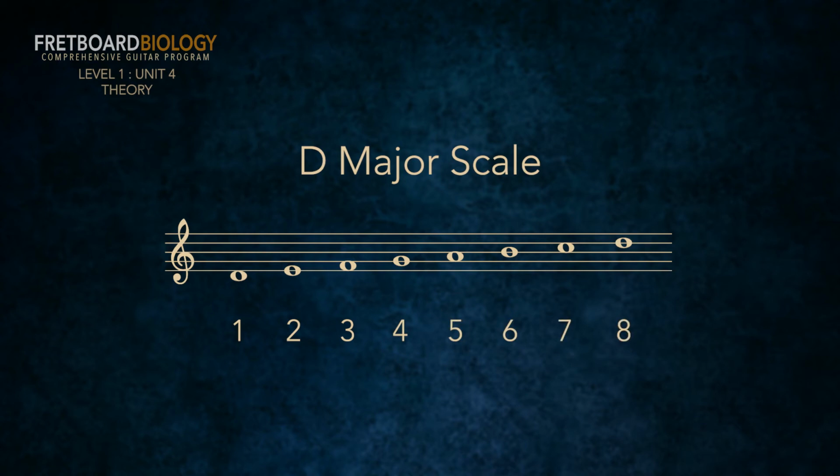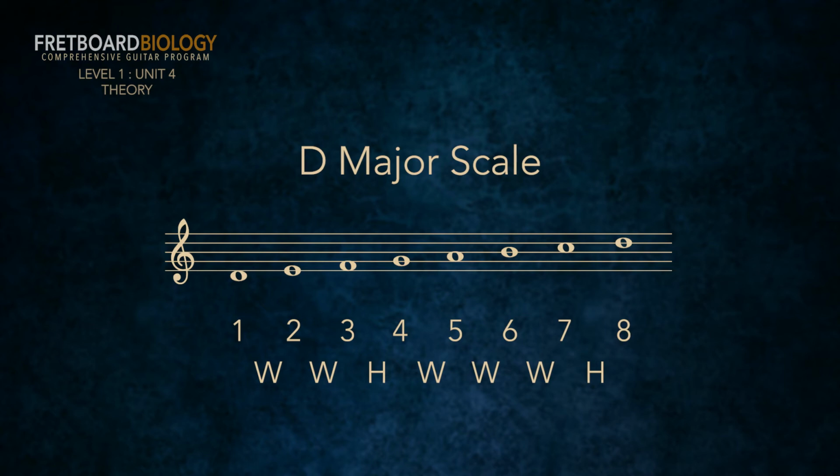Fourth step, write in the interval formula. Between 1 and 2, a whole step. Between 2 and 3, a whole step. Between 3 and 4, a half step. Between 4 and 5, a whole step. Between 5 and 6, a whole step. Between 6 and 7, a whole step. And between 7 and 8, a half step. And next, step 5, let's compare what's on the staff with the formula and see if any adjustments are needed